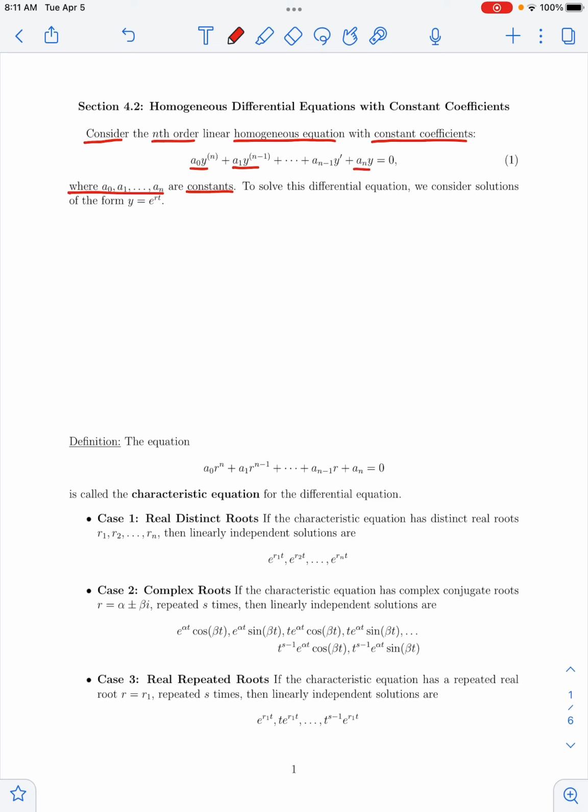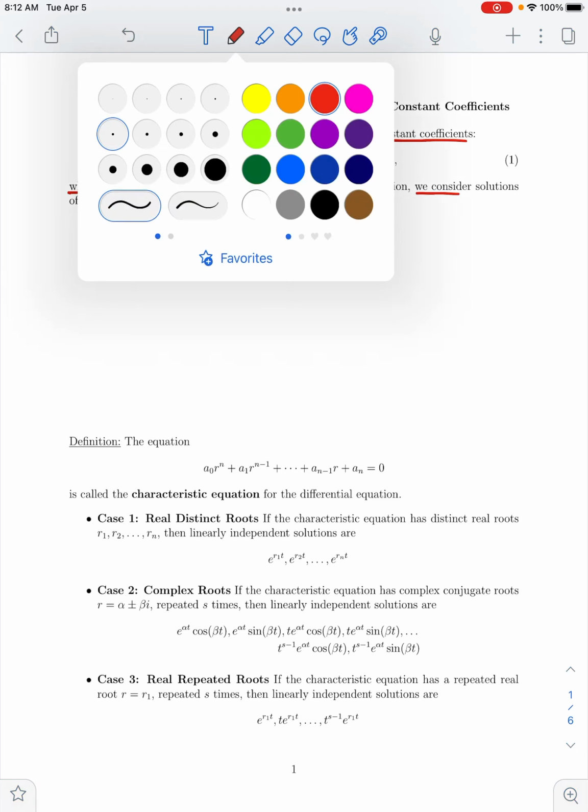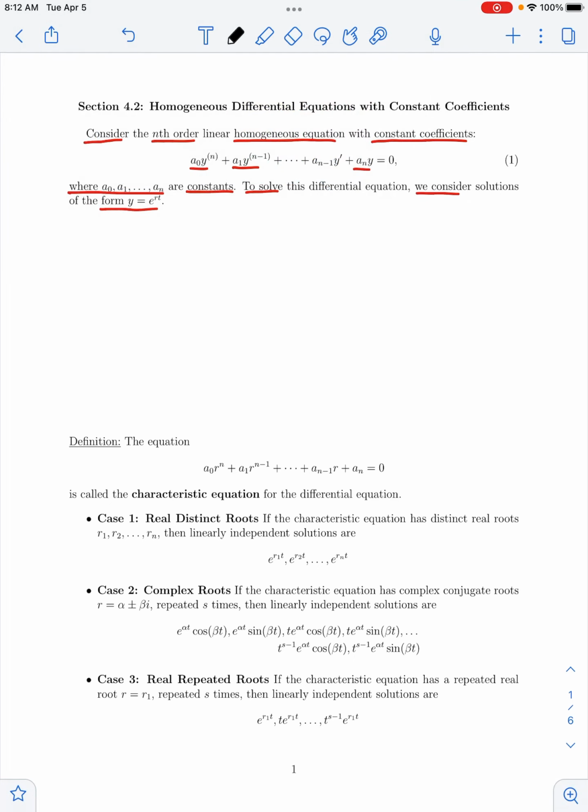So our technique to solve this type of equation is very similar to what we saw in chapter 3 for second order homogeneous linear equations with constant coefficients. That is, to solve, we will consider solutions of the form y equals e to the rt power. So let's take a look at this. If